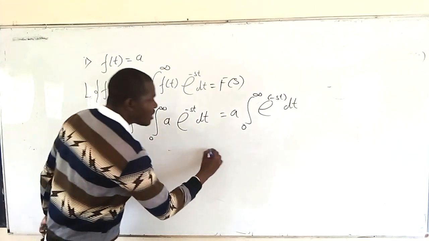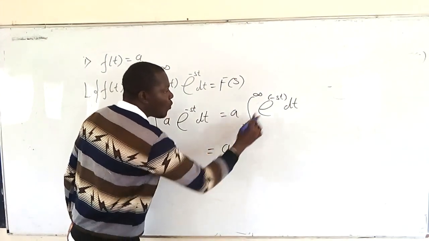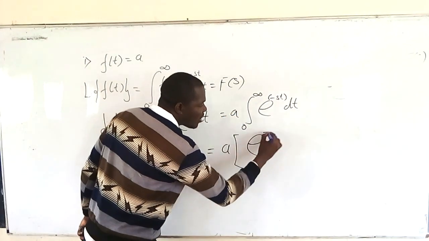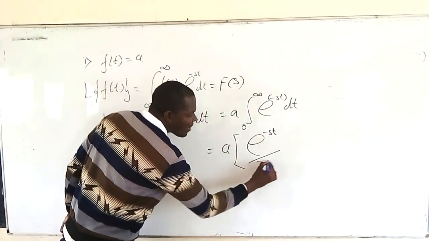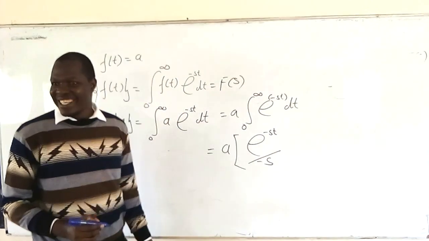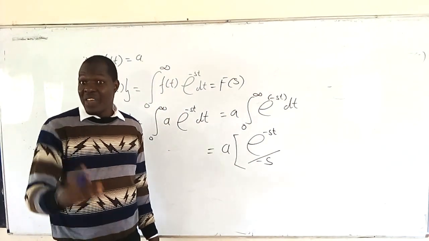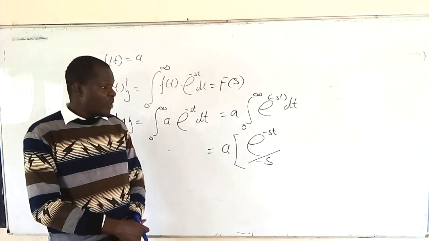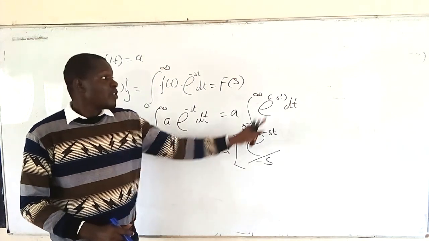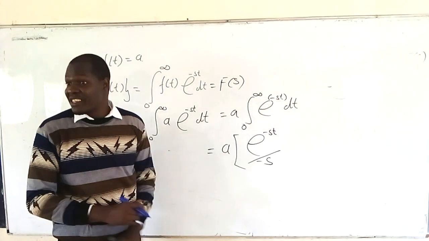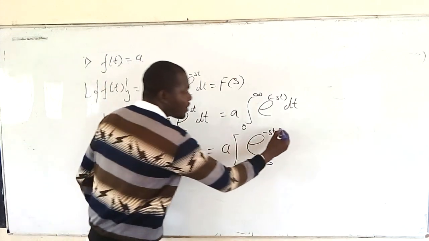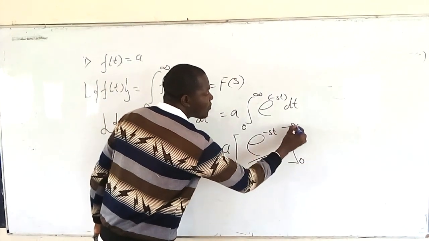So for the integral of that exponential function, we have A. When you integrate an exponential function, the constant outside remains the way it is, then you divide by the derivative of the inner function. That results from algebraic substitution. The derivative of the inner function must be a constant, which is negative s in that case. Then you put the limits of integration, from 0 to